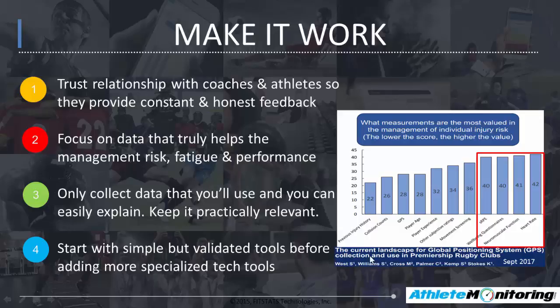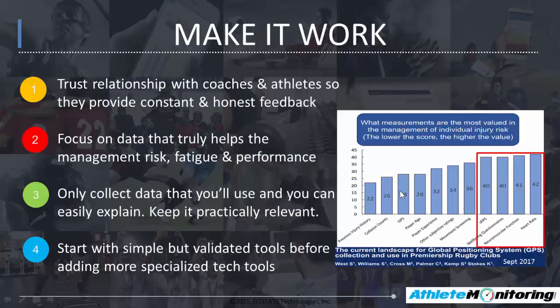It's a study about the current landscape of global positioning system (GPS) use in Premiership rugby clubs, so in professional rugby clubs. They did a survey of the different rugby clubs and asked the practitioners what kind of tools they use and what measurements they judge as being the most valuable for the management of injury risk. And what they found is that